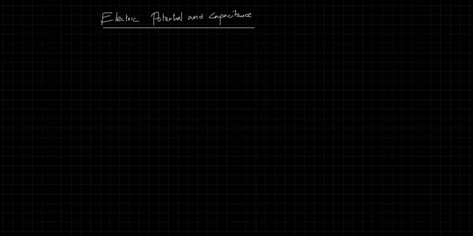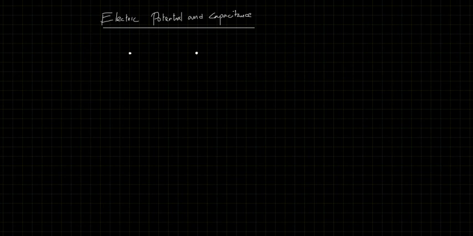Electric potential and capacitance. Whenever we have two charges close to each other, there is some kind of interaction energy. For example, if you try to bring Q2 towards Q1, both being positive, it will become difficult for you to bring it closer to Q1,